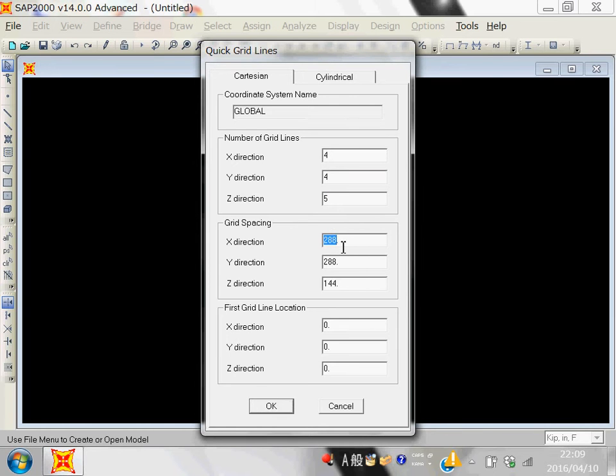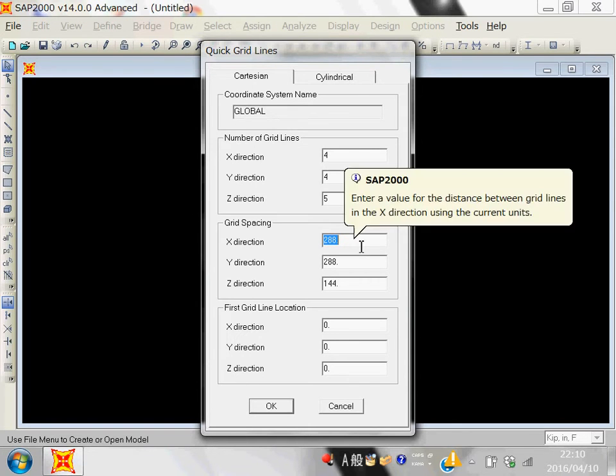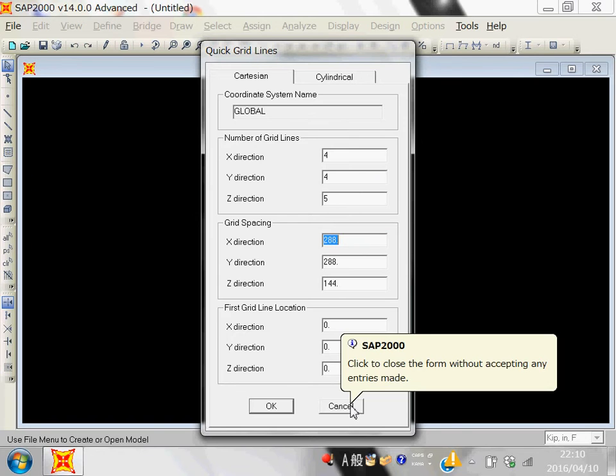Now the next question should be in your mind, what is this 288? At exactly the same time, you must look over here. What is here? Kip inch. It means that all your length dimensions are in inch. So what is this 288? Inch. So if you are using the FPS system, like the strength in PSI,